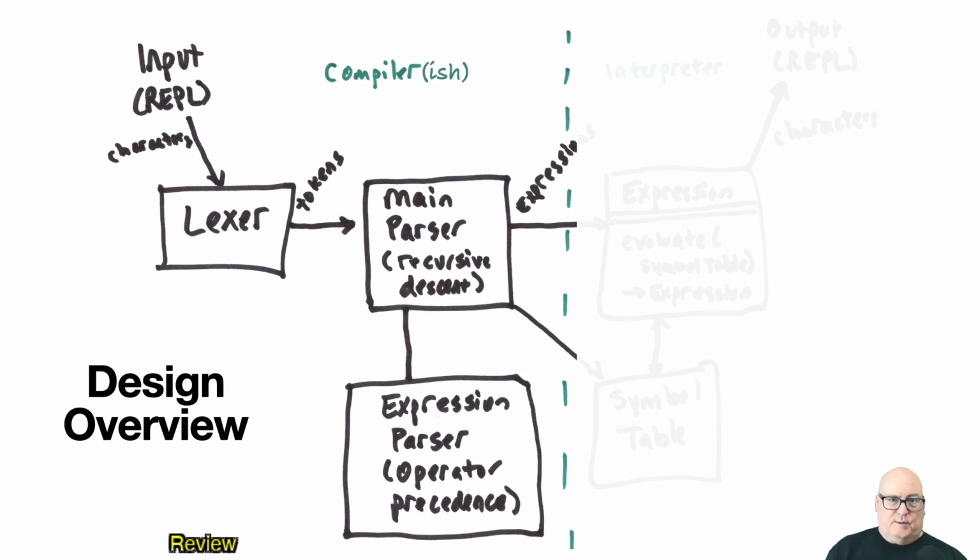So if you have 3 plus 4 times 5, 4 times 5 should get precedence and be structured to evaluate first. If you have 4 times 5 plus 3, the 4 times 5 should be first. If it's 3 plus 4 plus 7, the 3 plus 4 should be first, and so on. The various combinations of associativity and precedence. The expression parser basically takes in a list of expressions that have been verified to be in a legitimate overall expression, and then it applies the precedence operators and produces a new expression